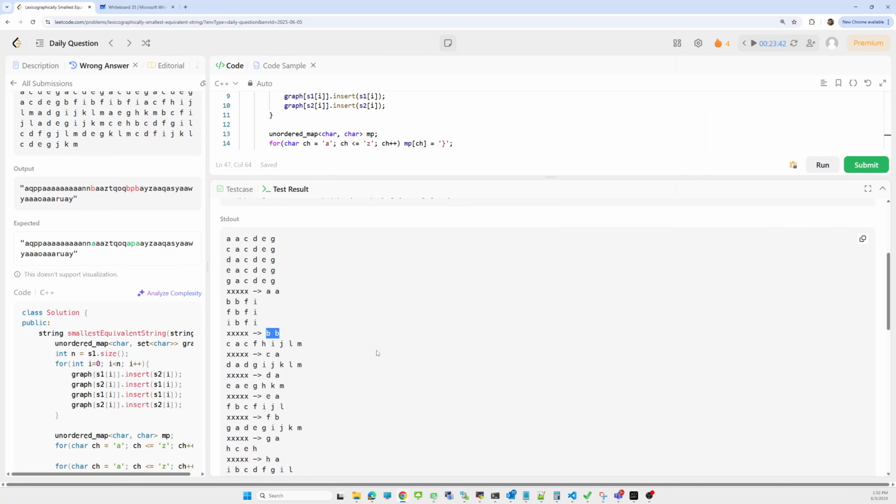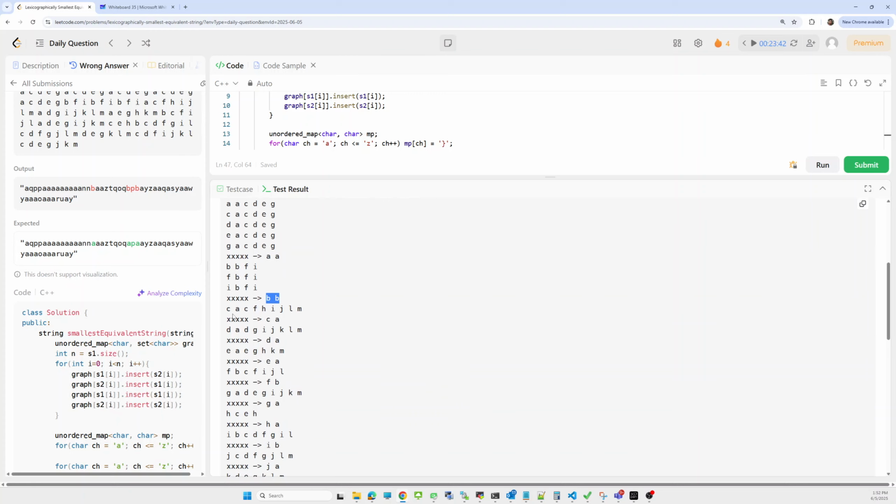But if we go further in our list, for C it is traversing A, F, I, and J. So C is equivalent to A, so the minimum value will be A. And for F and I, the minimum value will also become A.